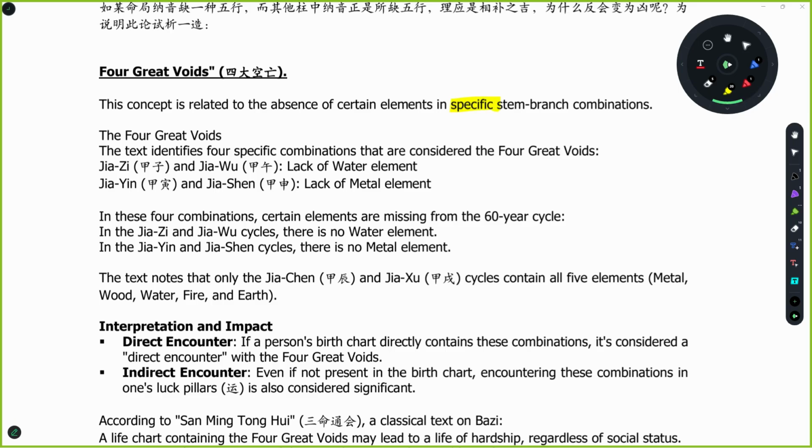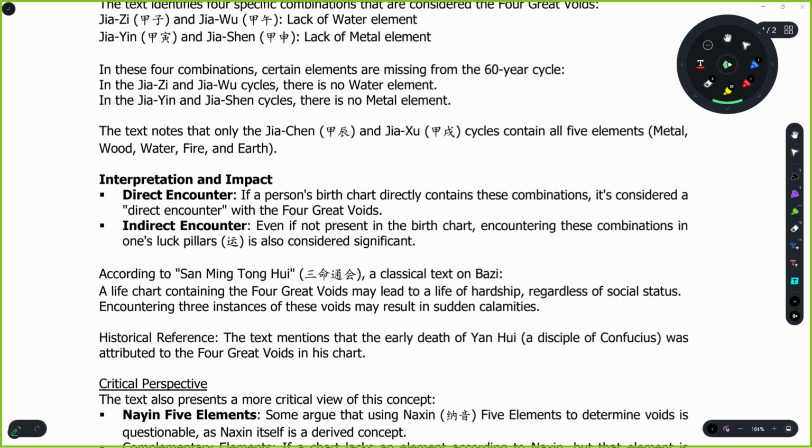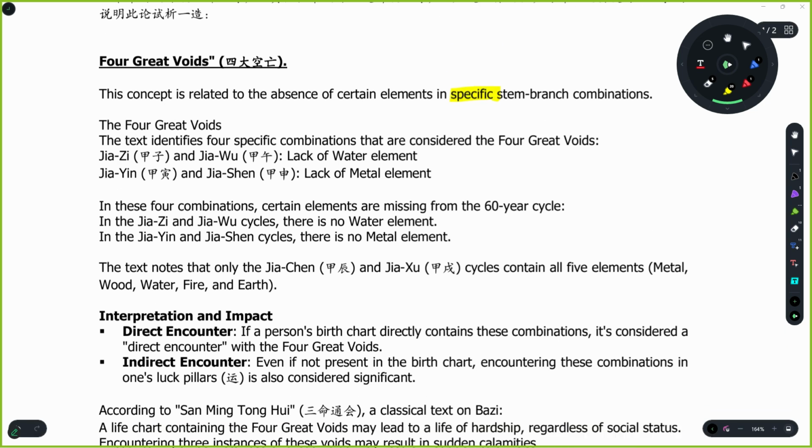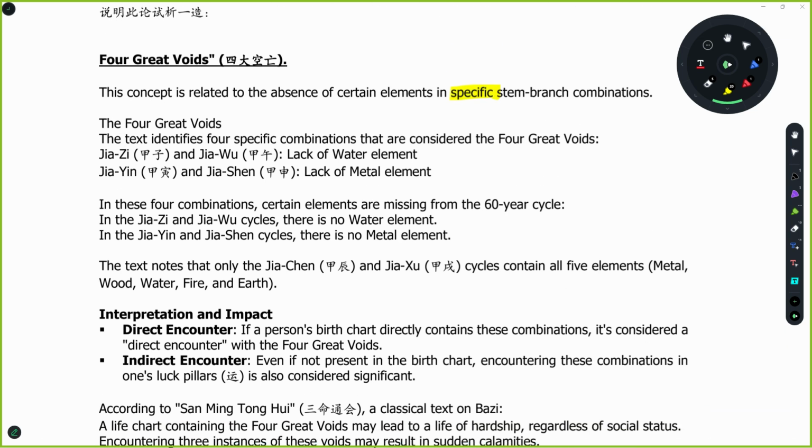And so they are called the 4 great voids. You don't find any software out there or any charts that we produce to actually follow this. So more often than not, all these chapters we just take with a pinch of salt, and we just put it at the back of our head